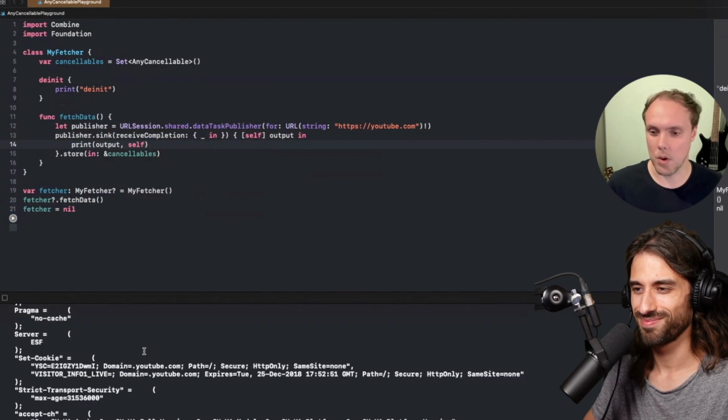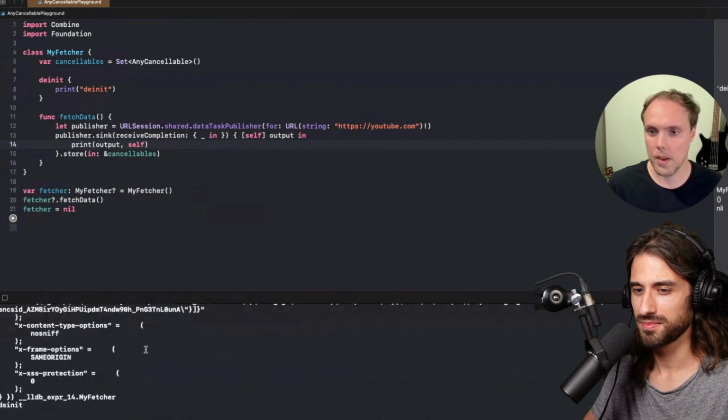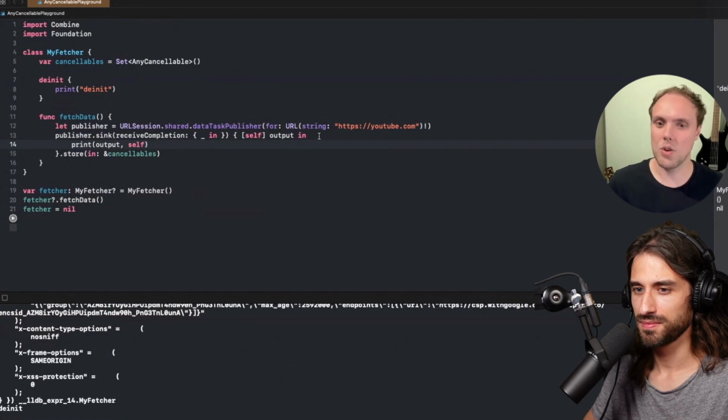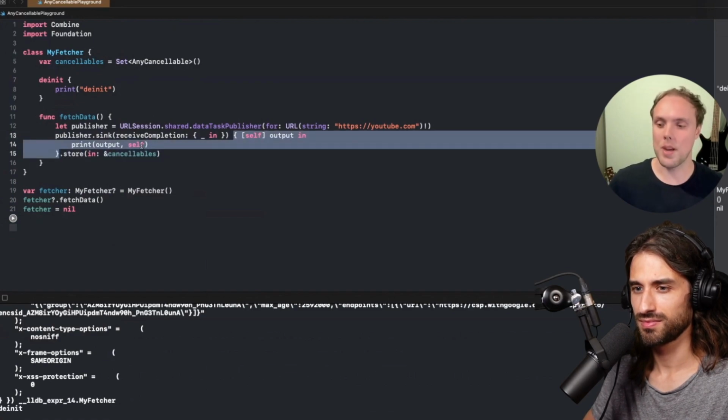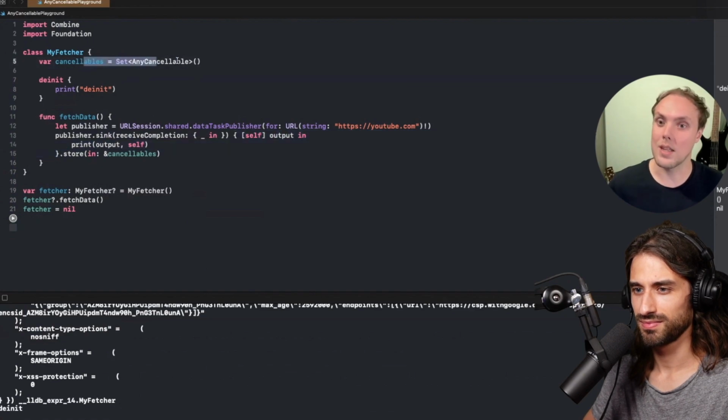Now we will see the network call complete first. And after that, this closure will be released, right? Because the publisher completes, which means that there's no further output, which means that the publisher itself will clean up any resources. This is also a fun little exercise in seeing that when a publisher completes, it will free up resources, because now it let go of this closure that we had here, which means that nobody is referencing self anymore, which means that self can deinitialize,